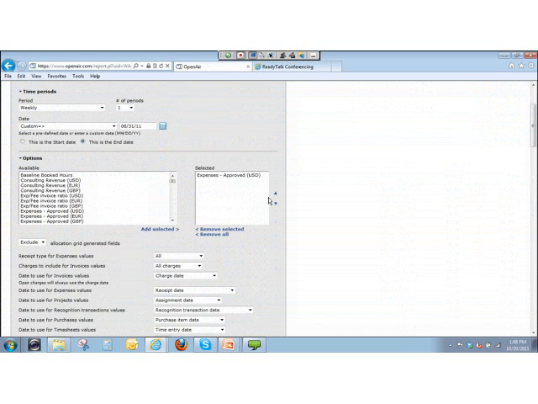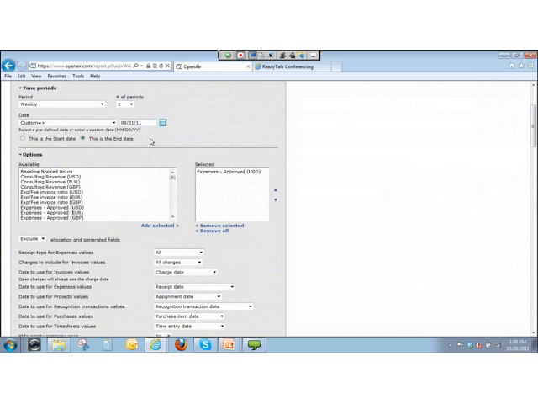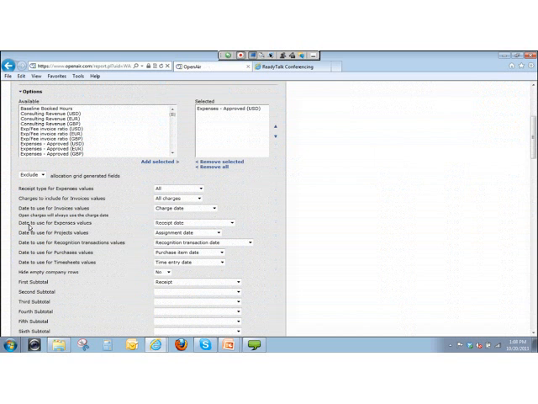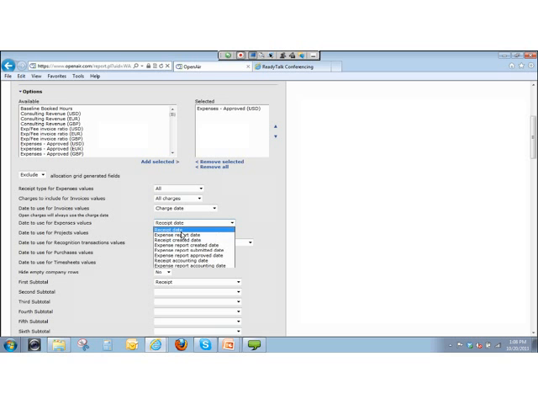So I said, okay, for the month of August, August 31st is my end date. And if I look at the date that I'm using for expenses, I'm actually using the receipt date. Okay, fine. Any receipt that's after August 31st is not going to be included in this report. That's the default, but what if I change this to the expense report date? Because realistically, people are submitting the expense report for that week perhaps, or for that entire trip. And the expense report date may have a mixture of months of data on it. And when I run the report now,